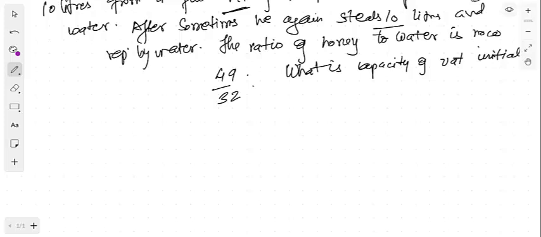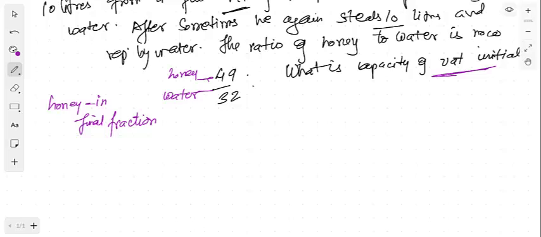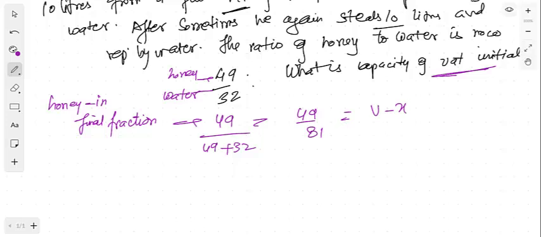Here the same liter is taken out, so how much honey will be there in the final fraction? This is honey to water, but we are talking about honey only. It is equal to 49 divided by 49 plus 32, as we did in the last case. This is equal to 49 by 81, and it is nothing but our formula, (V minus X) divided by V, to the power n. How much n should I put? 2, because he did this work of stealing and replacing only 2 times. So 49 by 81 is equal to